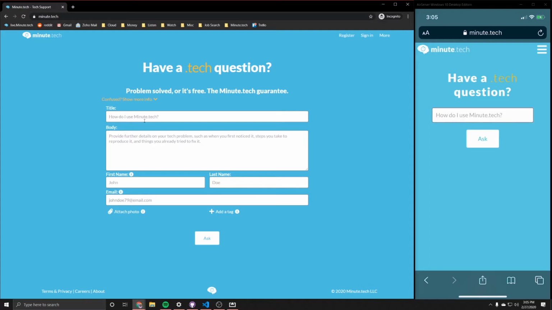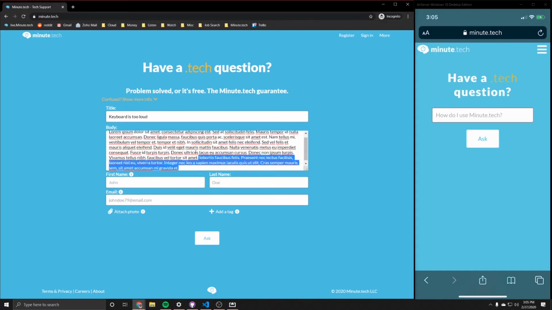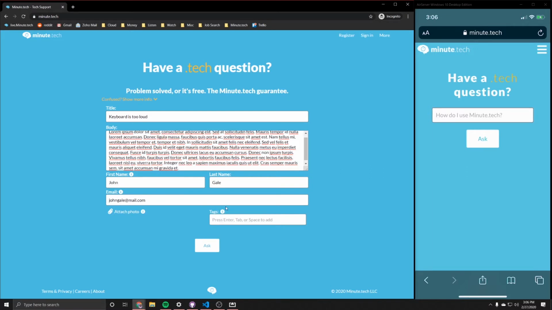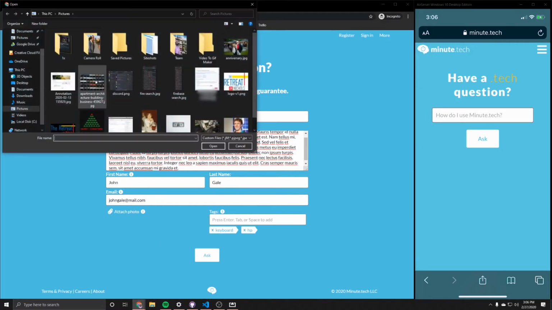We'll just type something in here like "keyboard is too loud," and then some filler text here, lorem ipsum. And we'll do John Gale, and John Gale at mail.com. Cool. And we'll add some tags. There's a little bit of information here on the tooltip on what they are, but it essentially just helps categorize it. So if we did keyboard and HP for the brand or something,